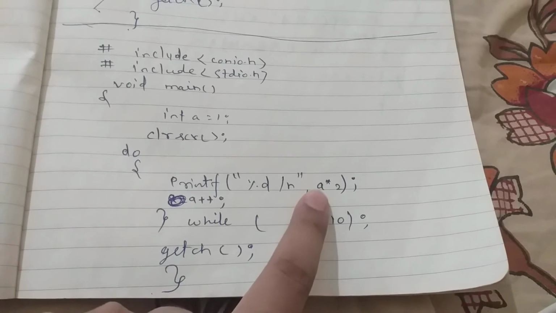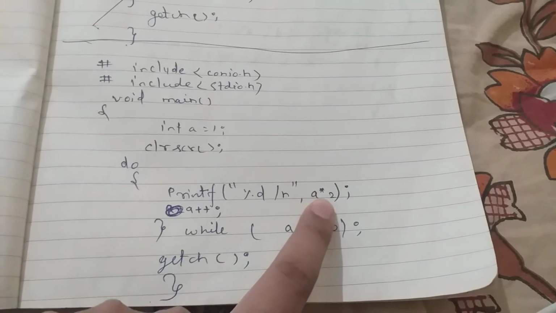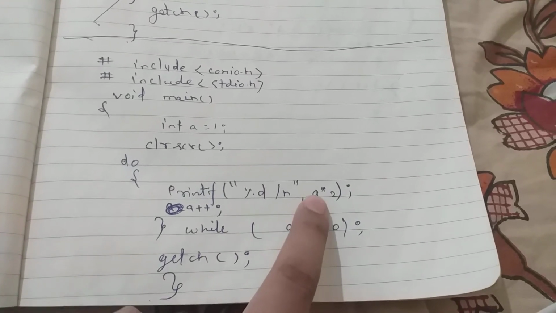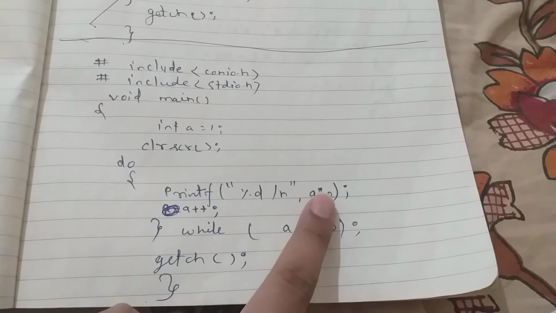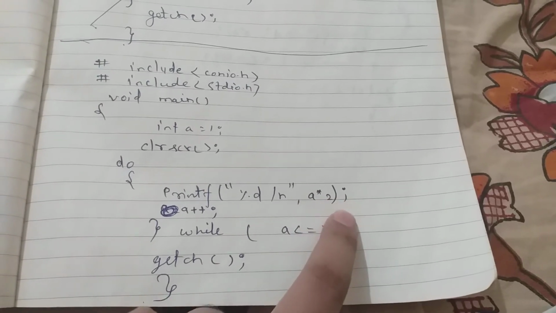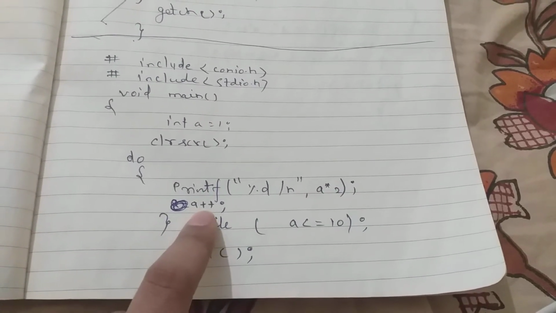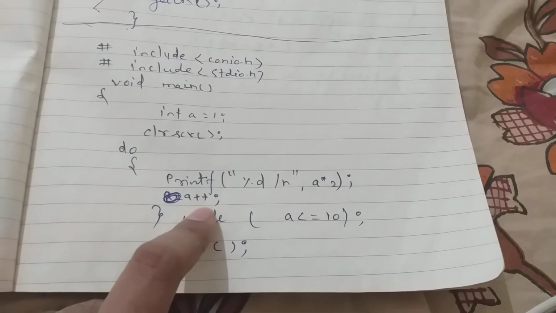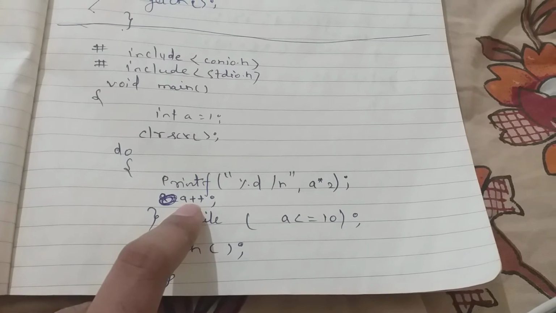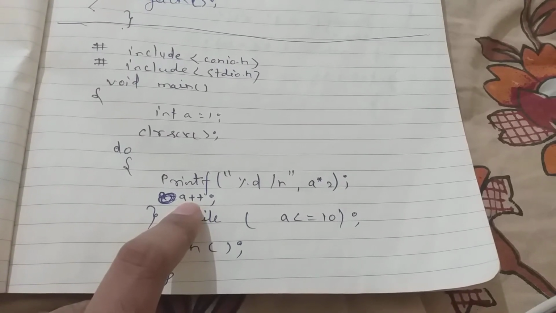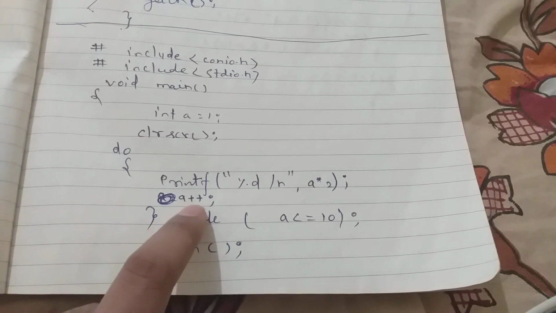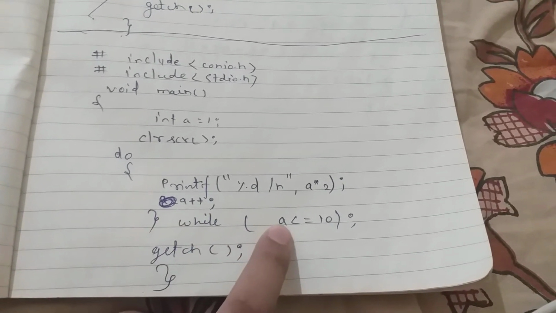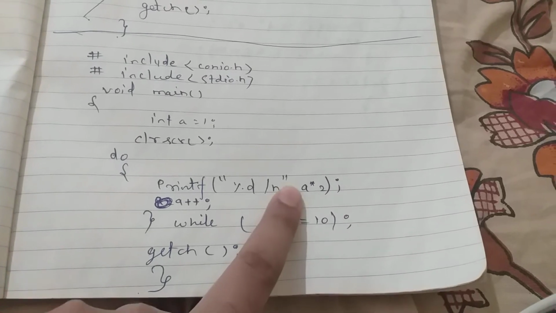You can see that we have discussed the logic that any number which is incremented every time is multiplied by 2, a into 2, a star 2 to denote a into 2. After that, curly bracket close and semicolon. After that, the increment operator is applied, a plus plus. This denotes that each and every time the value of a is incremented by 1, a equal to a plus 1. After that, bracket close, while, what will be the condition that the value of a should be less than